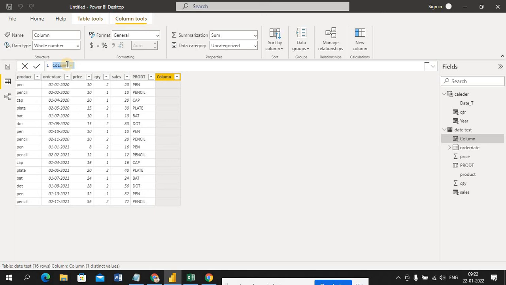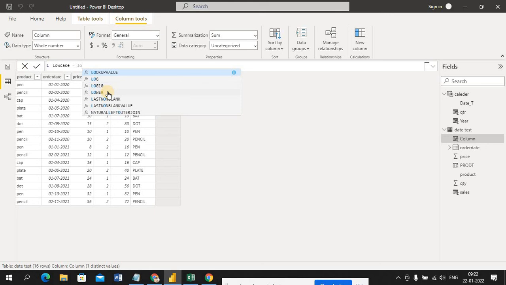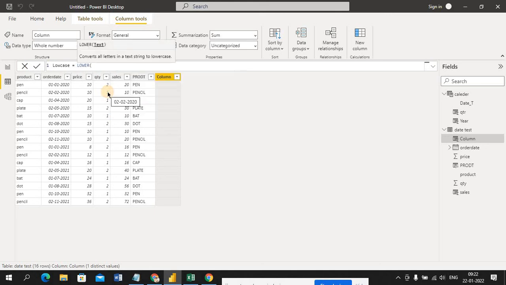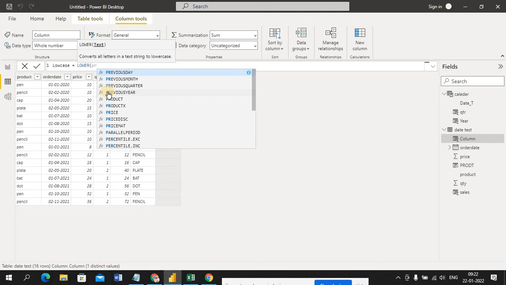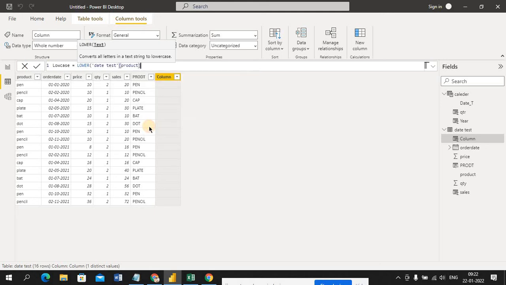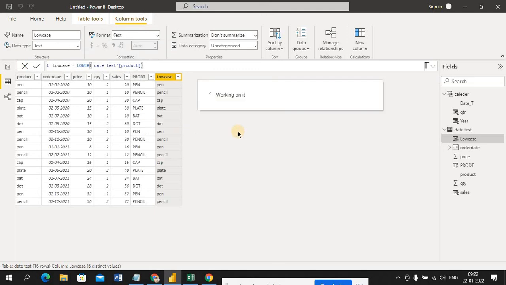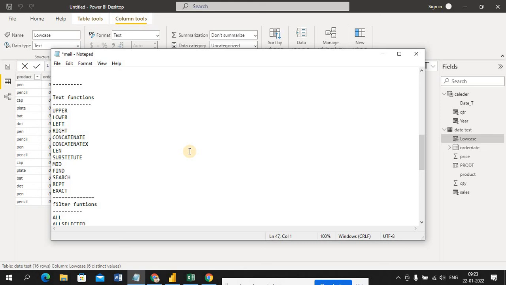On which column are you going to perform this? Now I'm in text, this is a text column, right? So I'm doing some text functionality. I'll give the name lowercase. You can see here lower. Which text are you looking at? The product column, capital to small letter. It will give you the required format. Just try to perform this, and we'll look at the rest later.